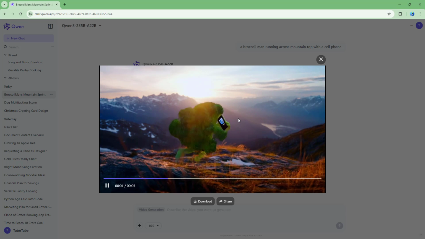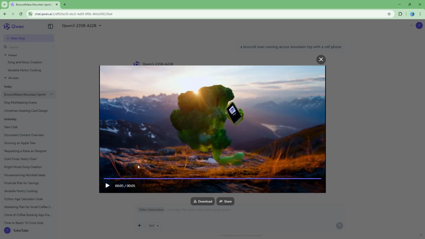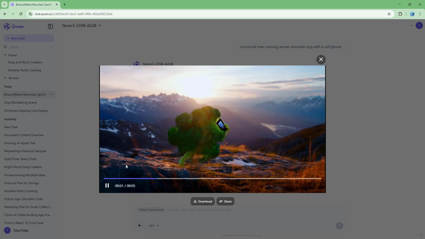And this is how you can generate videos as you like, as you can see, using Qwen easily. So hope you guys learned something